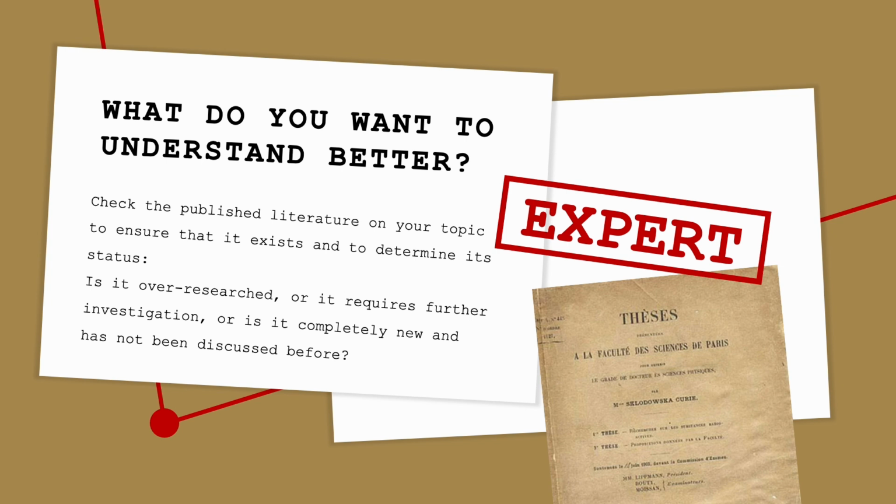First, define your goal for the literature review. What questions do you have in mind? What do you want to understand better? Later, while looking up published articles on your topic, you will find that your research question begins to evolve and become more specific. It's also essential to check the published literature on your topic to ensure it exists and to determine its status. Is it something that is over-researched, requires further investigation, or is it completely new with no previous